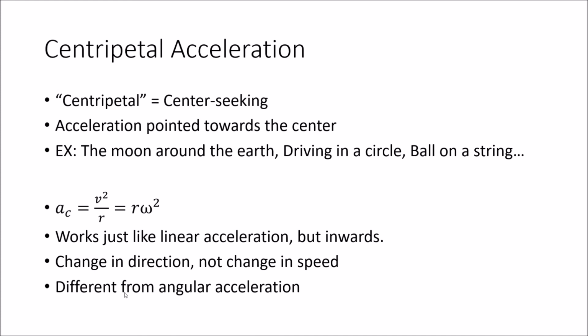And as I say here, it is very different from angular acceleration. It has different units than angular acceleration. To have an angular acceleration, you need to start off slow and speed up in your circle. But you can have centripetal acceleration at any speed, and at any constant speed, you can have a centripetal acceleration because you're always changing direction. And changing direction is a way of changing your velocity, and any change of velocity is an acceleration.